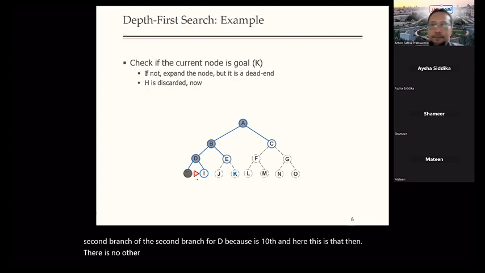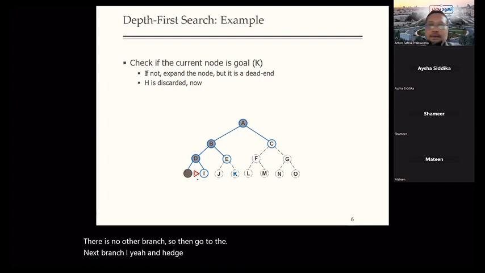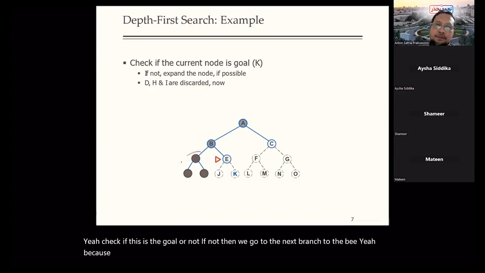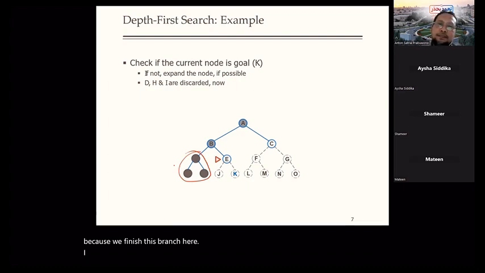So then go to the next branch I here, and H started. All right, so then I, check if this is the goal or not. If not, then dead end. Then we go to the next branch, to the B, because we finish this branch here. All right, finish. Then go to the next branch from B, which is E